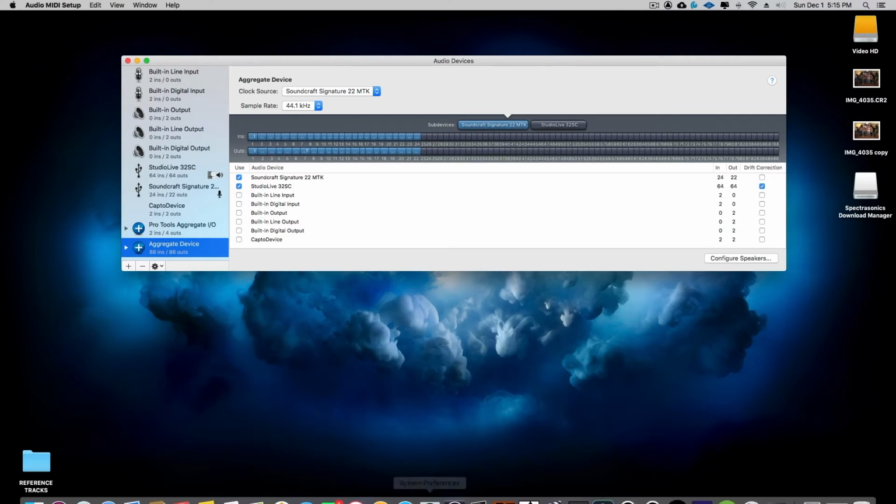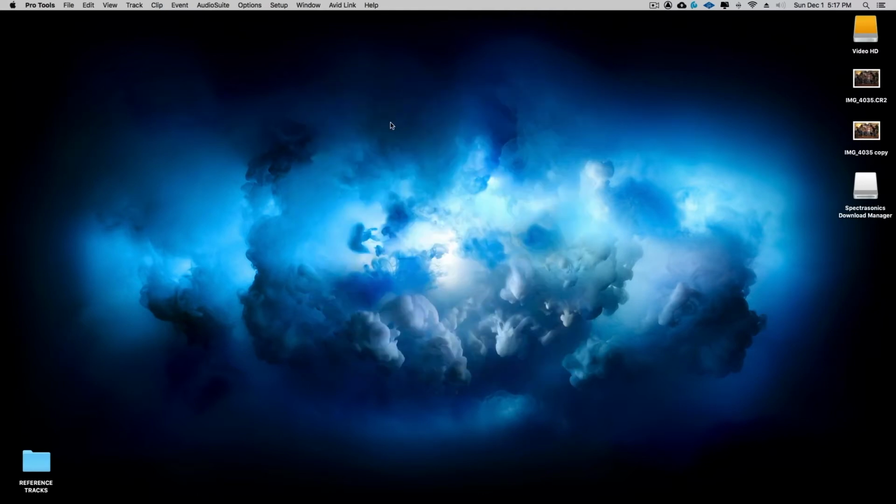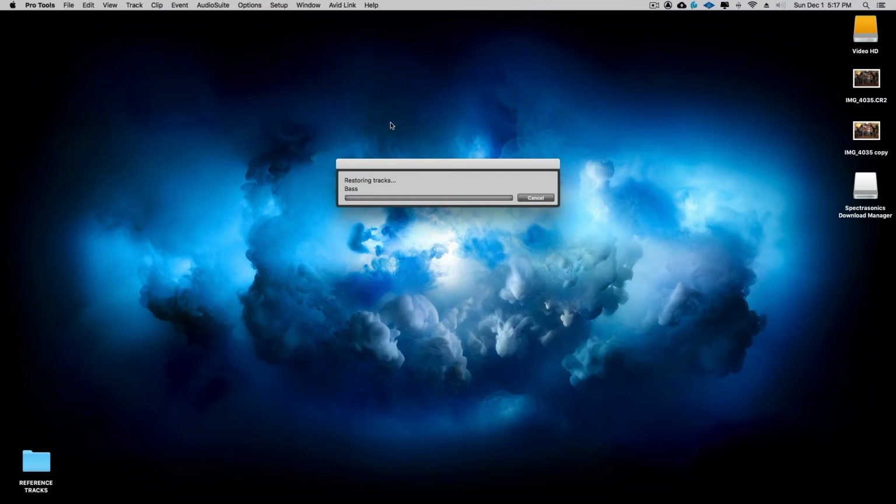So now what we're going to do is go inside of Pro Tools, and I'm going to open that up, and we'll be right back. All right, so here we are inside of Pro Tools. I'm going to select a song. This is a song that I wrote called "The Fire That Burns Within." We'll get ready to release it here in the next couple days, and it was recorded and mixed here at Provision Studios, and it was